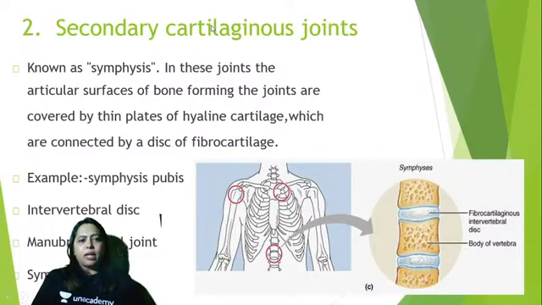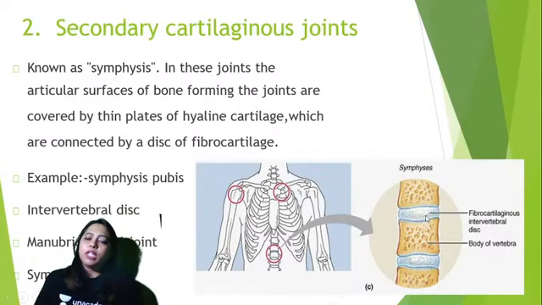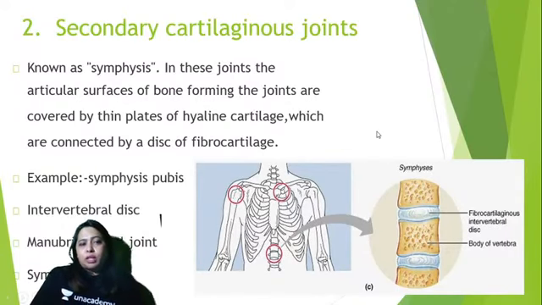So what is secondary cartilaginous? You have hyaline cartilage plates, and then in between you have a small disc of white fibrocartilage. In this intervertebral disc, you can see it very clearly. You can see white fibrocartilage in between, and then you can see hyaline cartilage and hyaline cartilage, which is given in blue color. So hyaline, that name itself is very interesting, right? Why do we call that hyalo? It is blue in color because of the staining properties. And also the matrix looks very glossy.